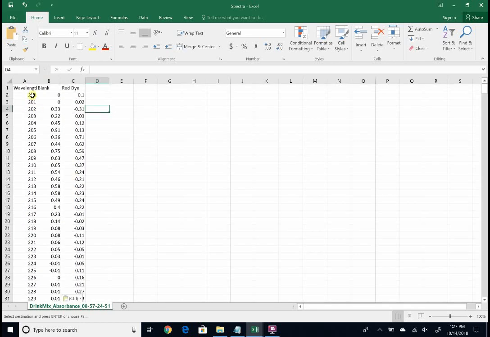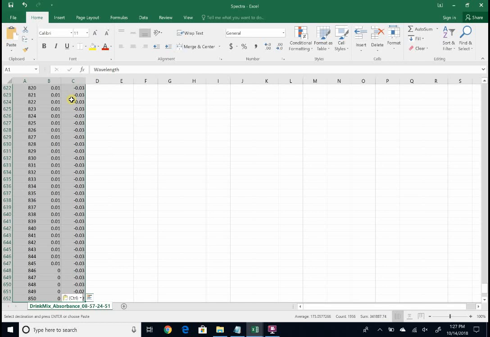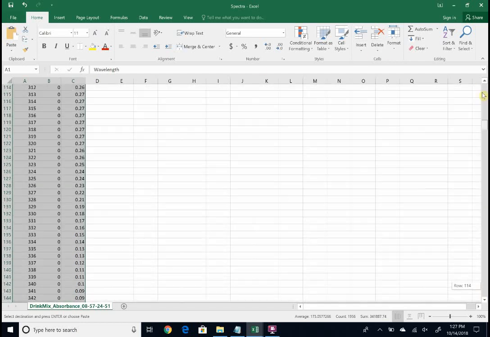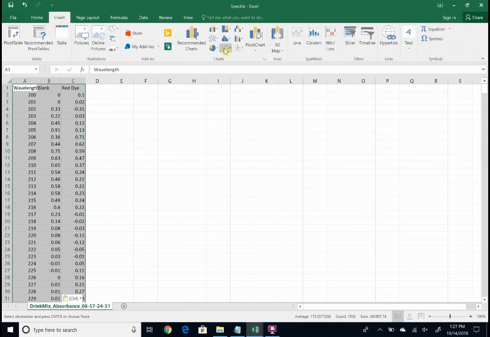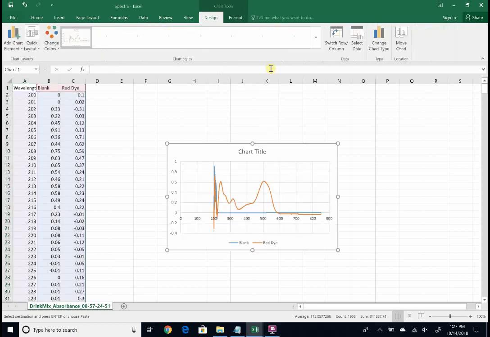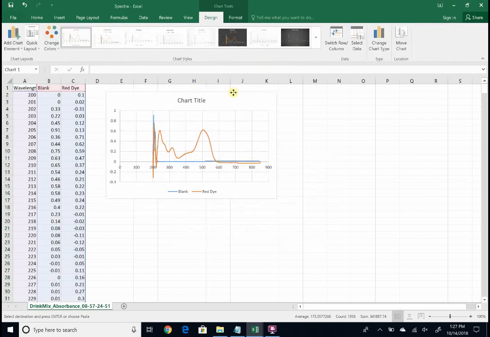Now I'm going to go ahead and plot this now. Let's drag over, and rather than scrolling down, Control Shift down. I'm going to cursor back to the top because I want the graph at the top here, and insert, and under scatter I'm going to select the line,